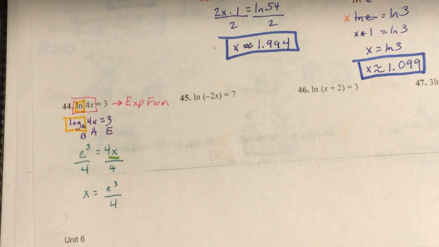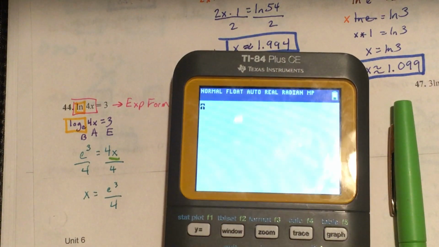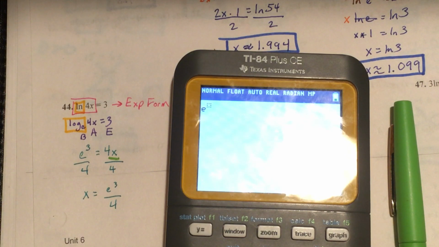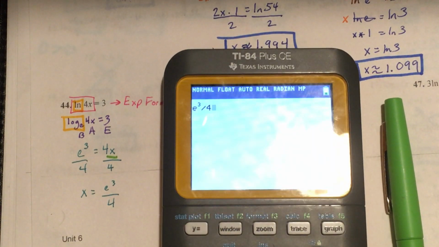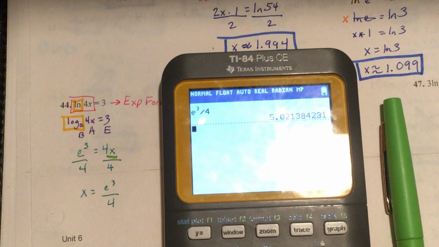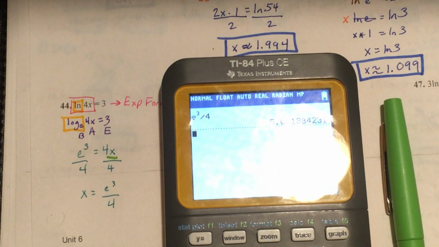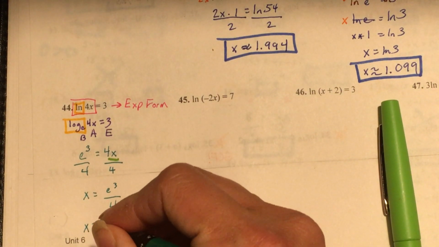So this is going to be one of those nasty decimals that we get on our calculator. So second natural log, we get e to the third, arrow over to go to ground level, and then divided by 4, and we get 5.021, rounding to the thousandths place. So that's going to come into play on our test and also on my math lab. Thousandths place is 3 places past the decimal. So x is equal to